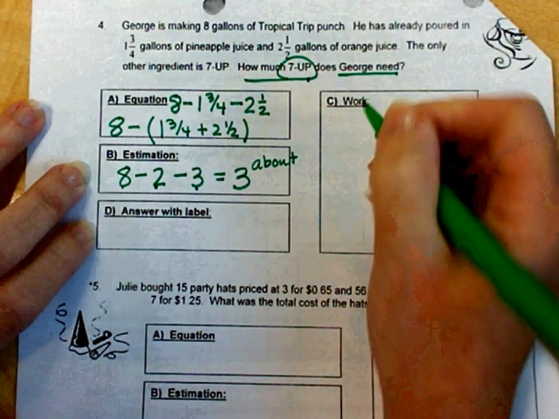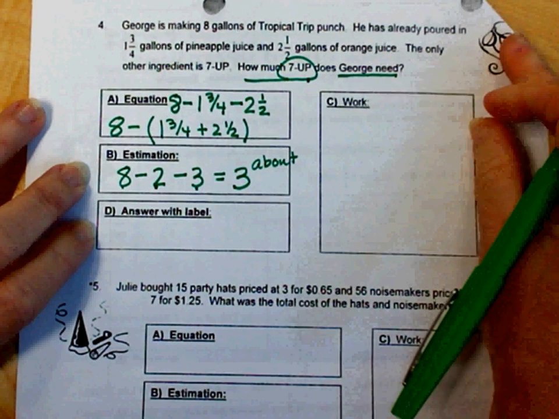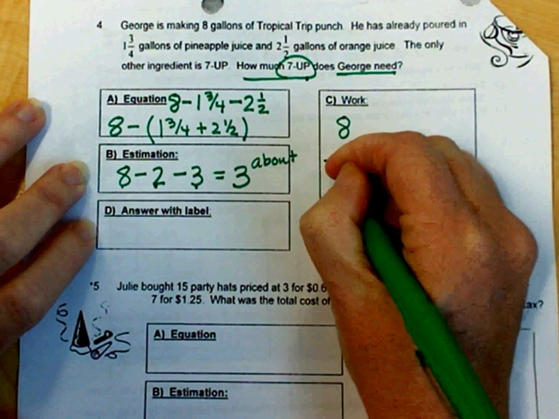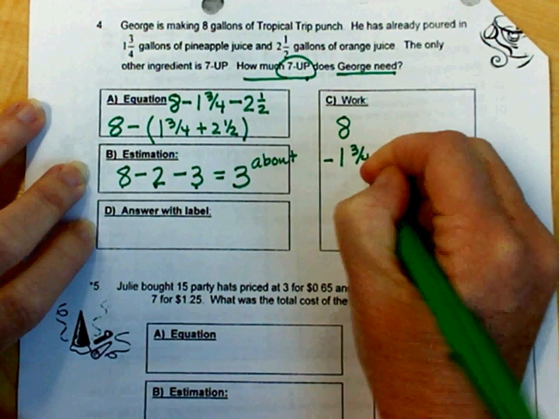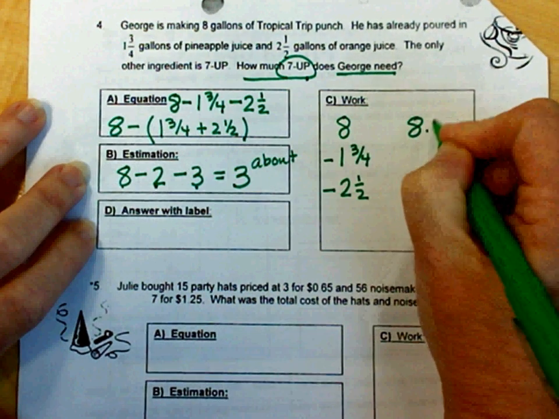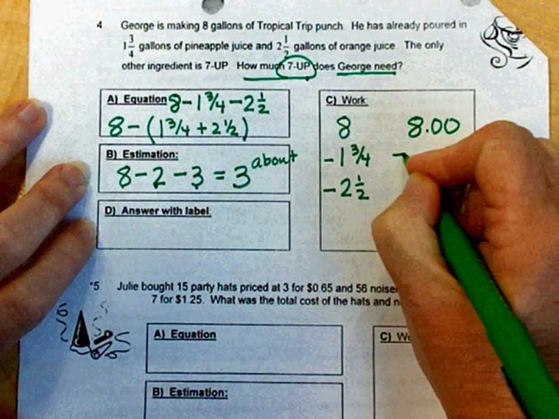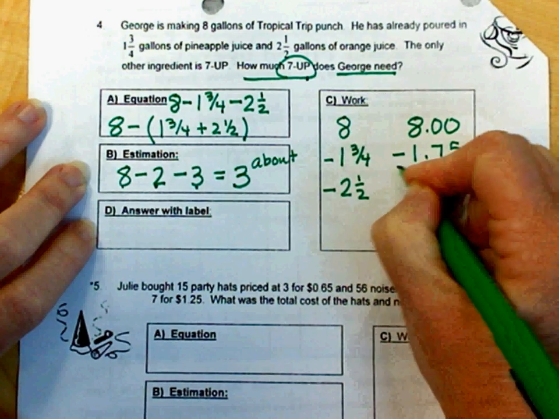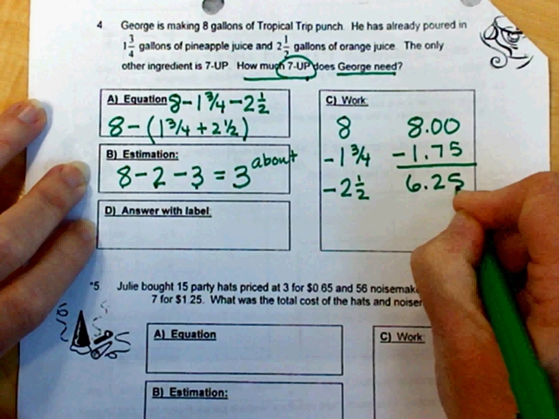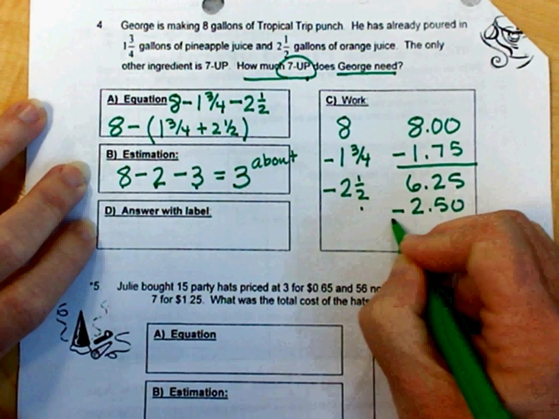When I do my math over here, I actually want to think about making this problem just a little bit simpler. So what I did is that I took my 8, and I know I'm subtracting 1 3/4, and I'm going to subtract 2 1/2, that I actually converted to decimals because I noticed that they were benchmarks. And I took away 1.75, and I'm going to get an answer there of 6.25. And then I'm going to take away the 2.50